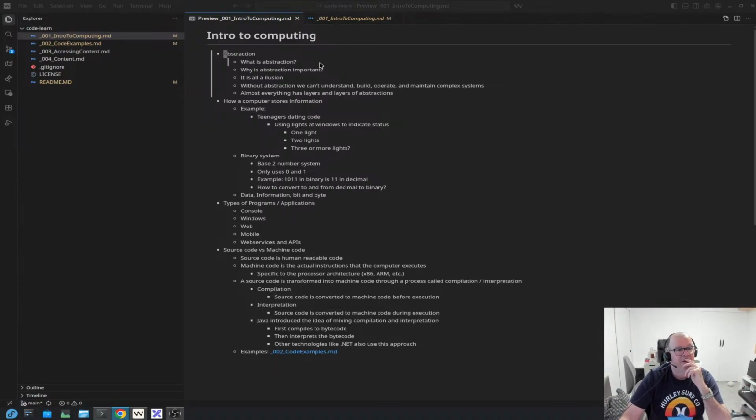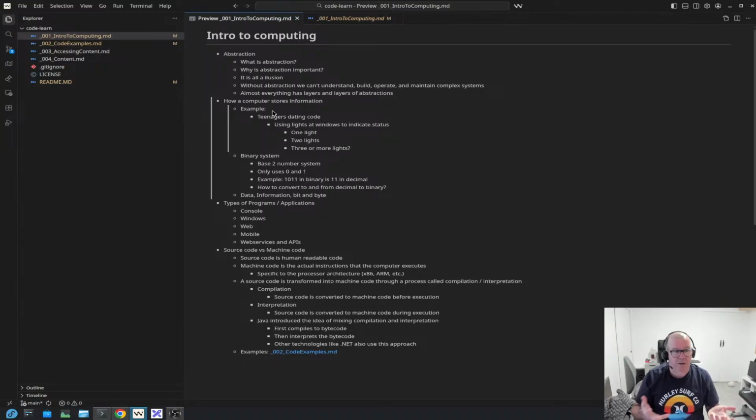And so I hope the abstraction concept is clear, because we're going to talk about that later on. It's something that basically everyone knows. Now let's go a little bit deeper and I'm going to try to explain this concept: how, as I said, this illusion, how a computer can store information. Because basically a computer is a machine that can process and store information, data.